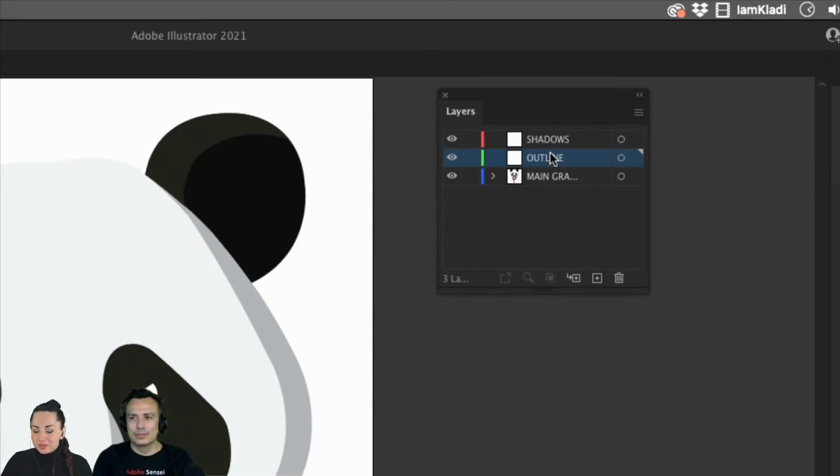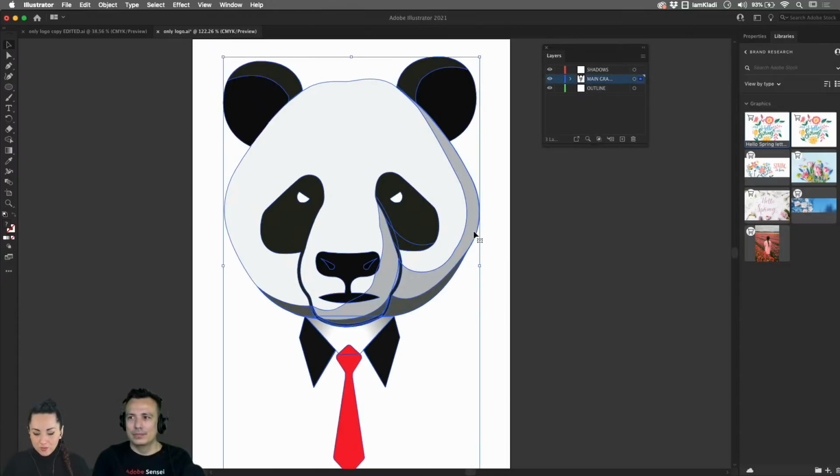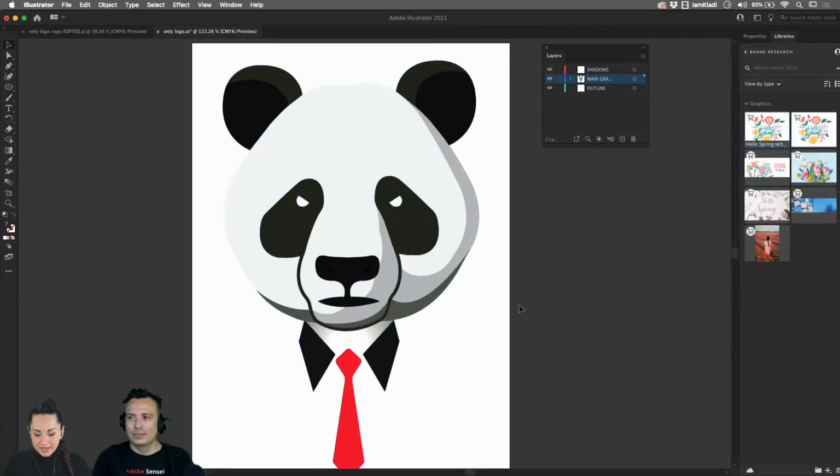So don't worry, when you create a layer, you'll be able to just simply drag it underneath in just a second at any time. So you can save the file as many times as you want. You're still going to be able to modify and edit the structure of your layers. Right, so now we started to bring a little bit of organization here, and it looks like everything is